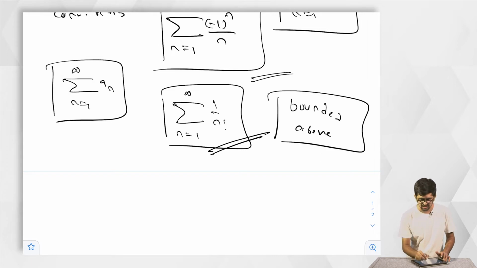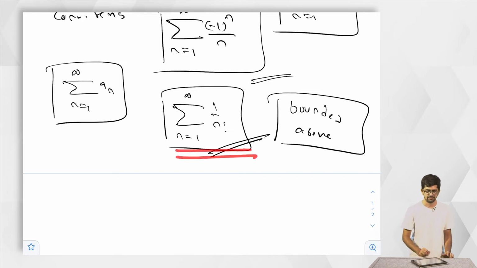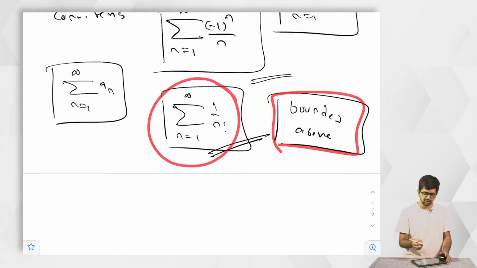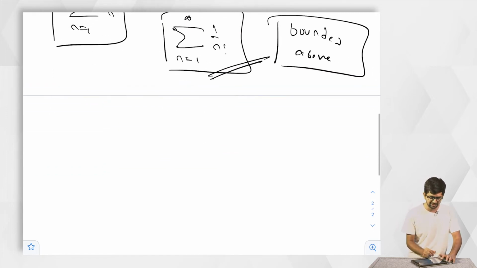If you know this much for this series, then we are done. This means this series is convergent. Why? As I said, this is a series of partial sums, a series of non-negative terms. So for this to converge, this thing is sufficient. Now the first thing to do is let us check whether the sequence of partial sums S_n is bounded